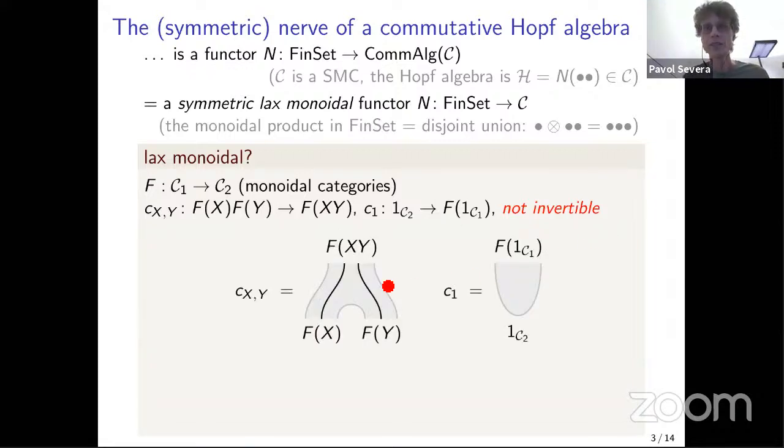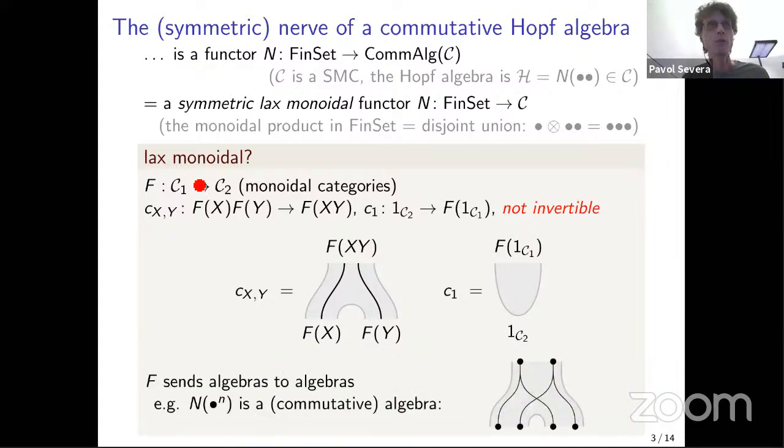Here is a drawing, how to draw such things. So my morphisms go upwards. So that's this morphism, which goes from fx times fy to fxy. This is this C1 thingy. And maybe one way to remember what Lax monoidal is, is that it's exactly what is needed so that f would send algebras to algebras, or monoids to monoids, if you wish. Because if you have an algebra, we move it here and then we apply the product. So that's how f of an algebra becomes an algebra.